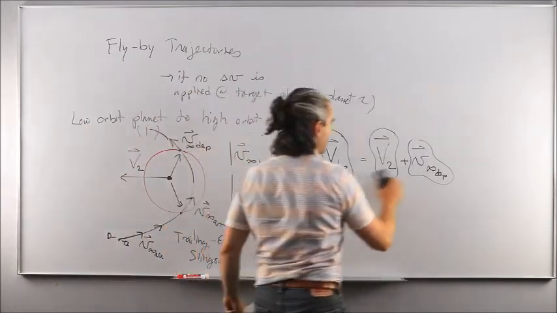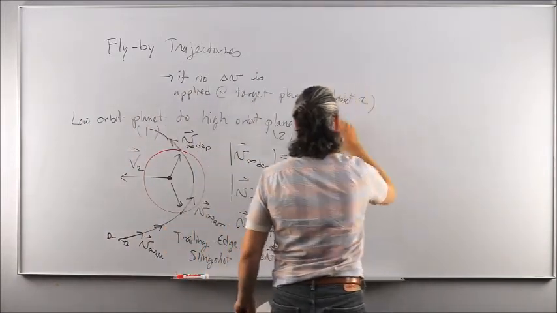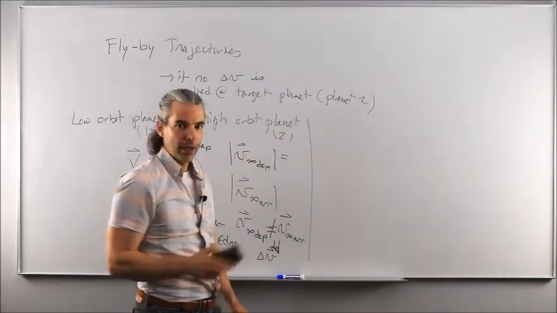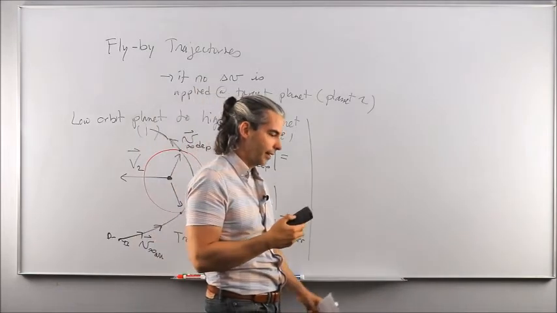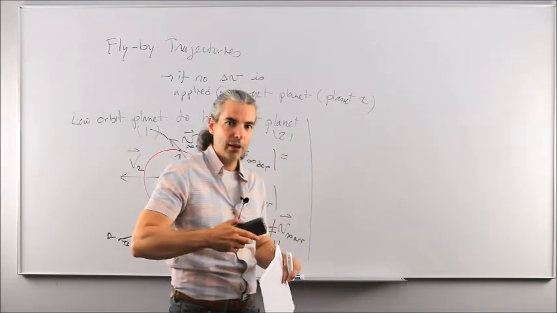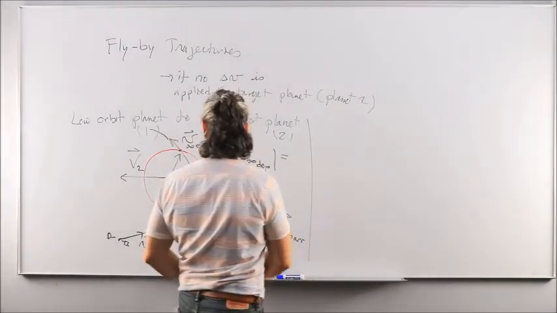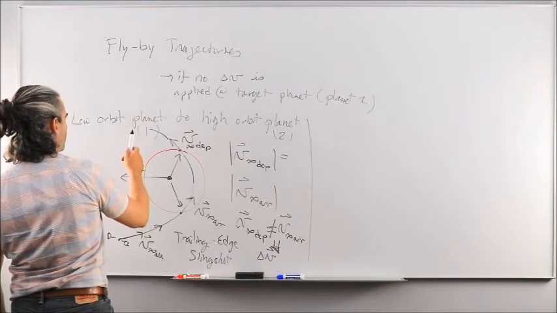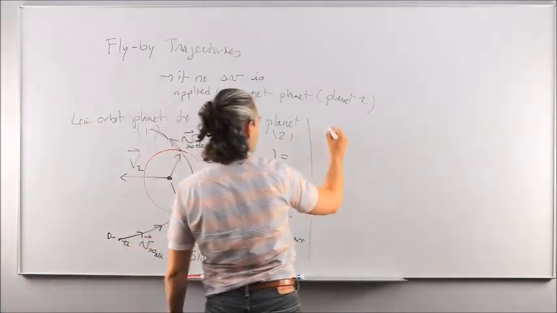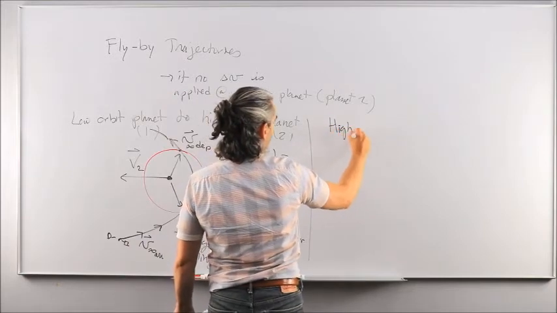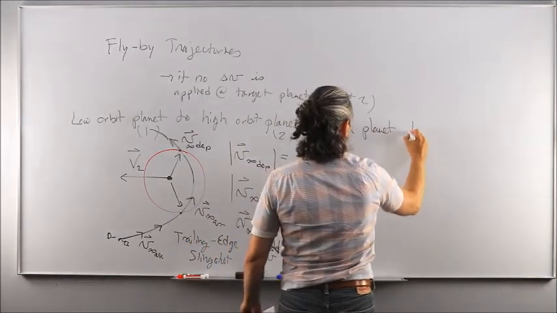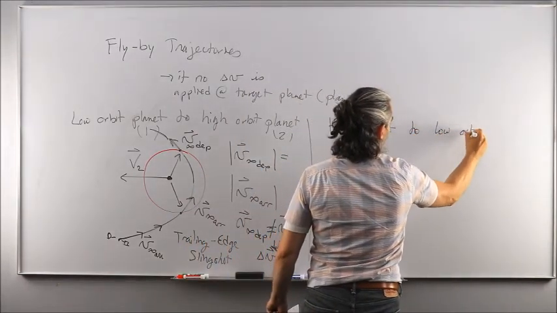Okay? And this is how some satellites have been able to go from inner planets in our solar system to higher planets in our solar system, just by using the fact that they can be slingshot by gravitational attraction from one planet to another one. Okay? That's when you go from a low orbit planet to a high orbit planet, but you could also have the other situation when you go from a high orbit planet to a low orbit